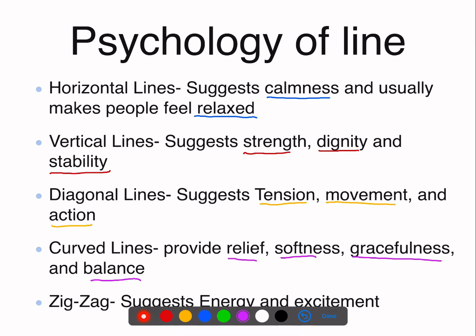So, if you get really excited about going to do something, you might get those butterflies or those jitters where you feel like you're shaking inside. And maybe if your body was covered in red paint and you're placed against a piece of paper, you would see these zigzag lines because you'd be jumping up and down with excitement. So let's see how artists use these types of lines in their work to show the psychological effect it has